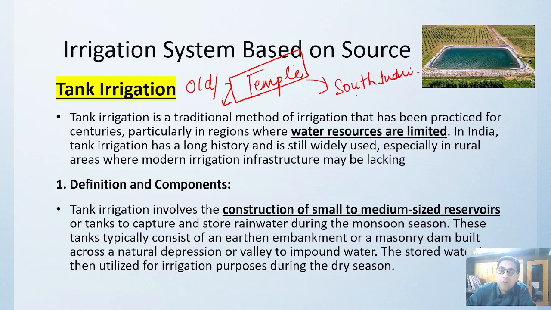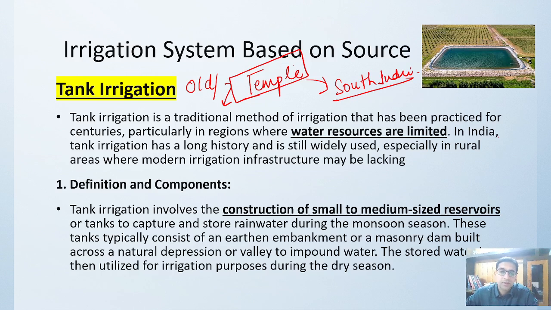Okay, all temples have very large tanks. Even the palaces of the kings and queens have big tanks. Baulis are there too. Tanks are built at places where water resources are very limited, and because they do not have a proper way to store the water,